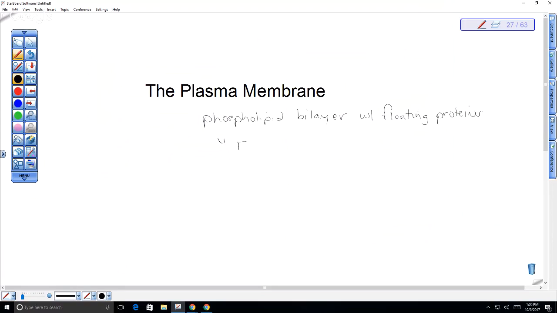And this is what is called the fluid mosaic model for the plasma membrane. The fluid means that things float around in the plasma membrane. They're not necessarily static. Sometimes they can be static, but generally they float around. And the mosaic model means that different proteins are floating around. So if we look at a diagram of this model,